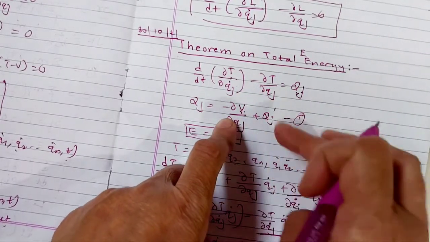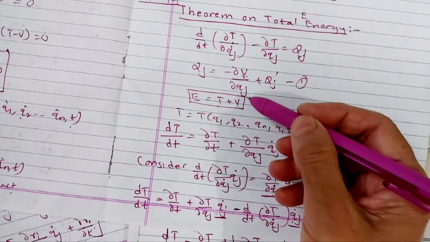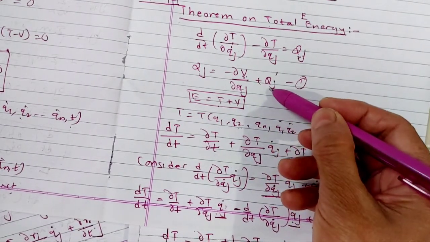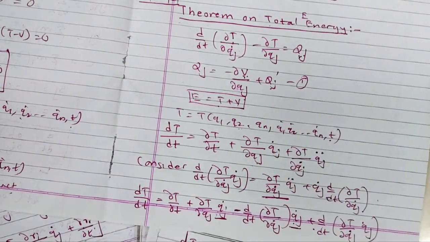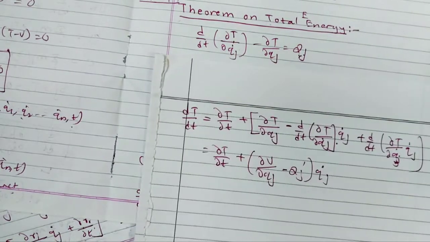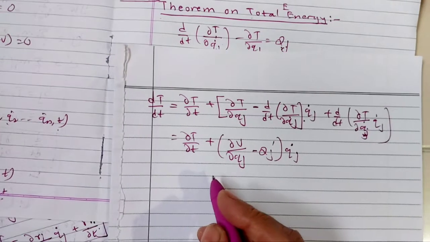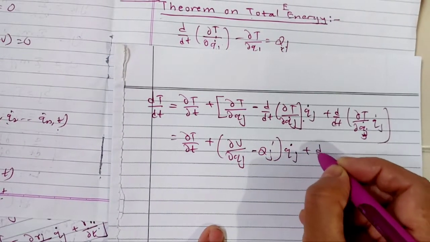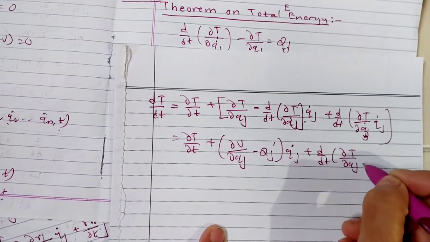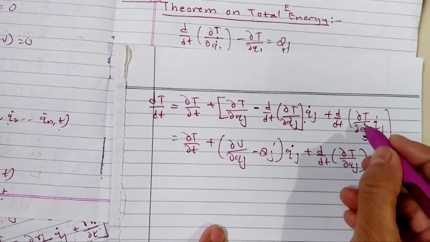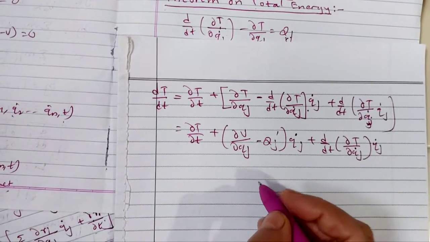But what is Qj is this, so this is equal to this term. So we are adjusting these two and writing that this is nothing but ∂V/∂qj minus Qj dash. So I changed the sign, minus has become plus, plus has become minus over here. So that's the reason I reached this term. Now the next term as it is obviously, so this is plus d/dt of ∂T/∂qj dot into qj dash.